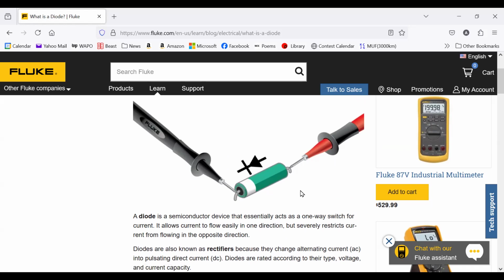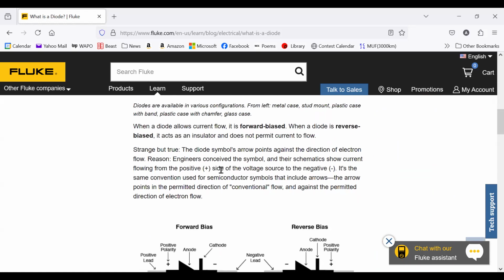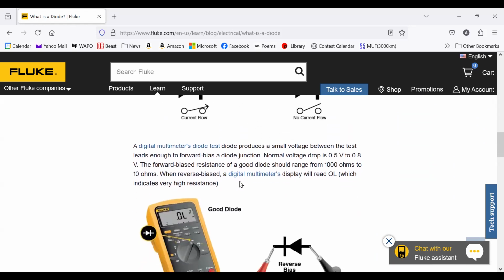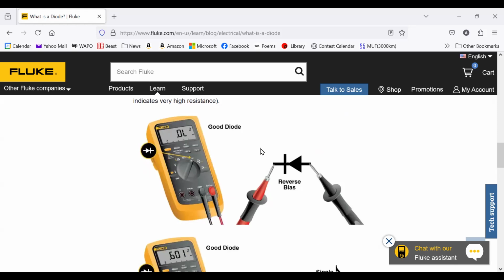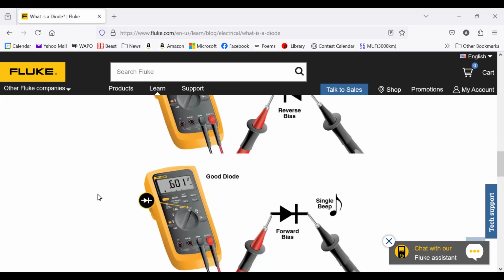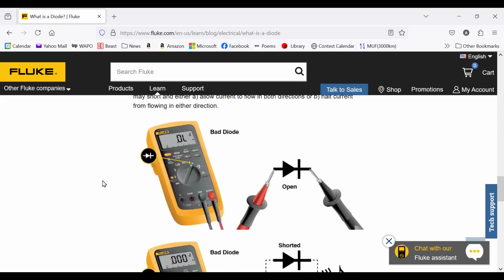Okay, so one of the things you can do with a meter, if you put your meter contacts on the diode in one direction, it acts as a switch. It will flow from the positive lead to the negative. Or if you flip the contacts around, it'll act as a big resistor. So a good diode, if it's hooked up like this, it'll show 0 ohms or a very low value of resistance. And if you put it in the other direction,